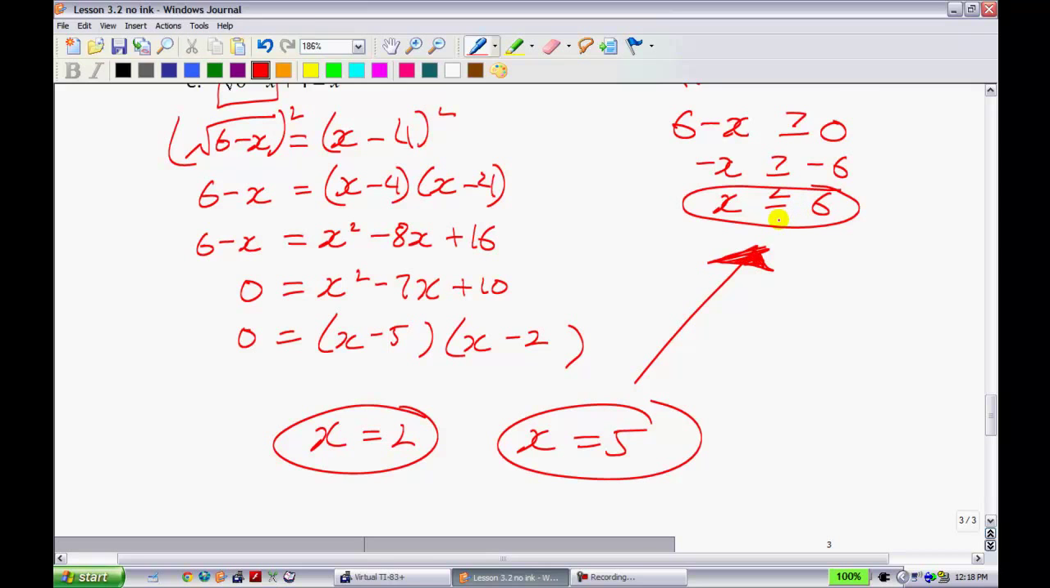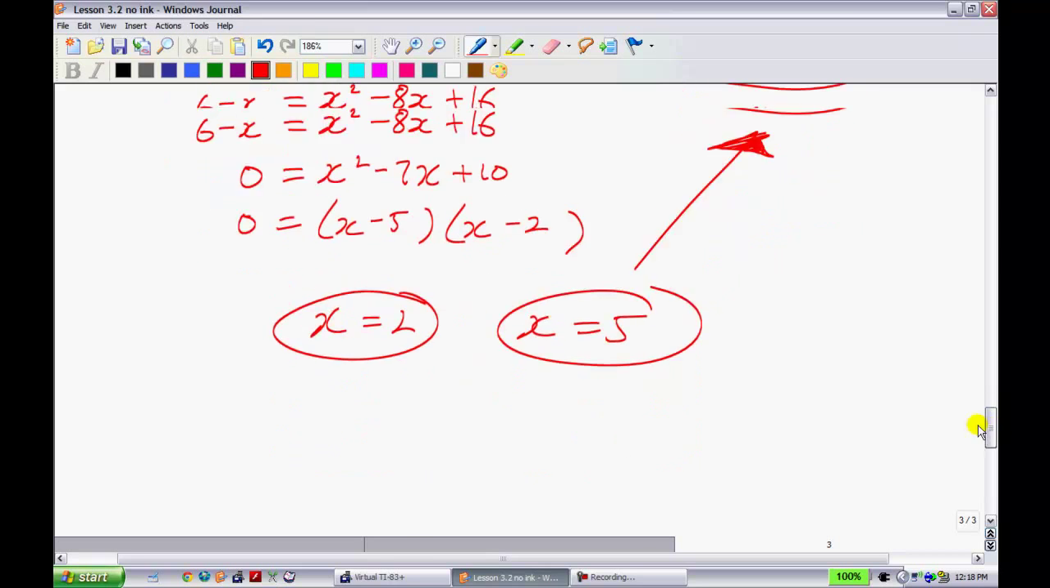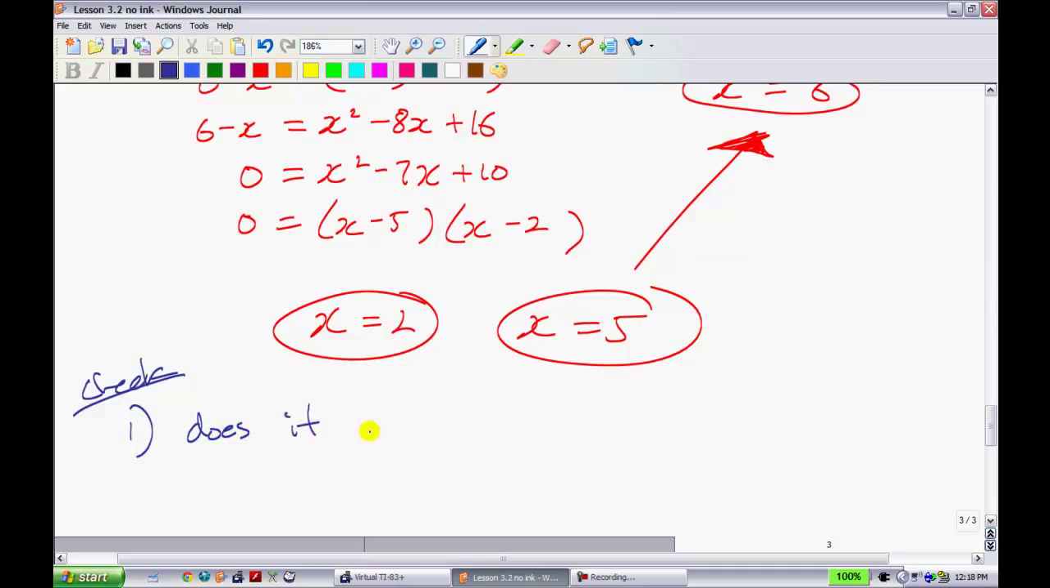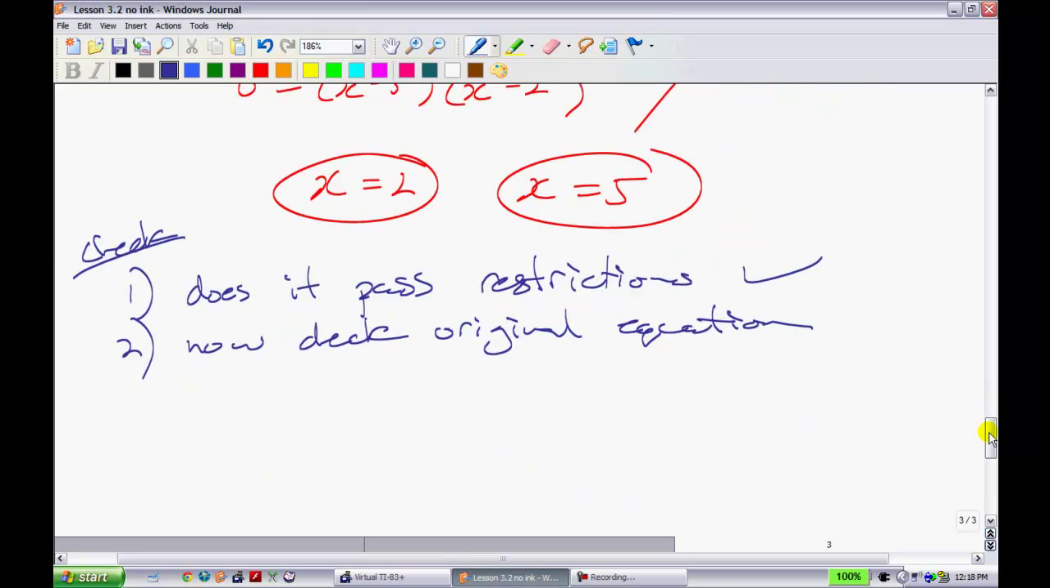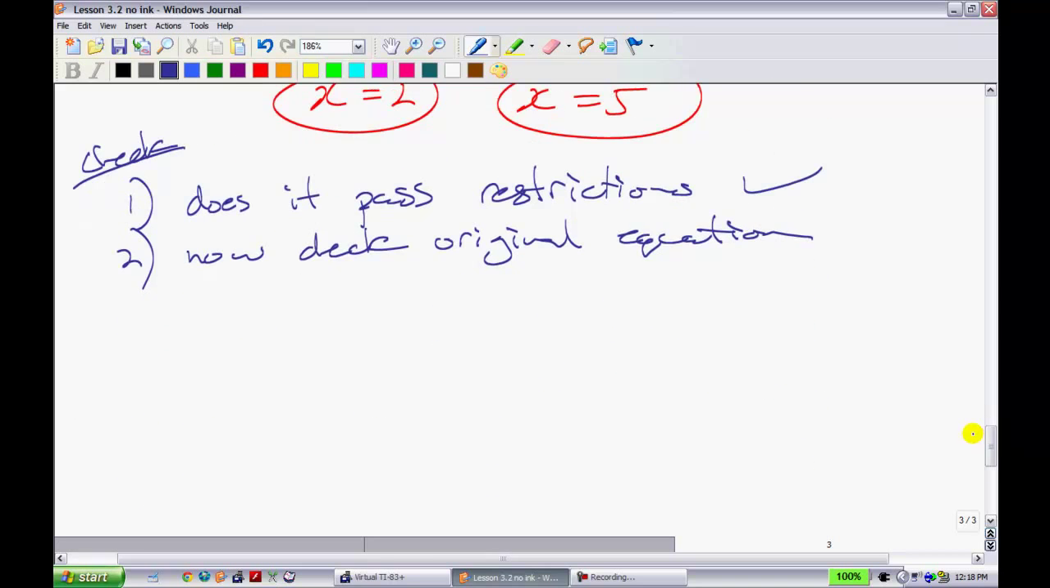Now just because it passes that, it doesn't mean we're off to the races yet. So in my check, I'll write this down here. First thing I want to check is, does it pass the restrictions, and it did. So we've done that one. Number 2 is now check the original equation. Alright, so what I'm going to do is take those two answers, 2 and 5, and